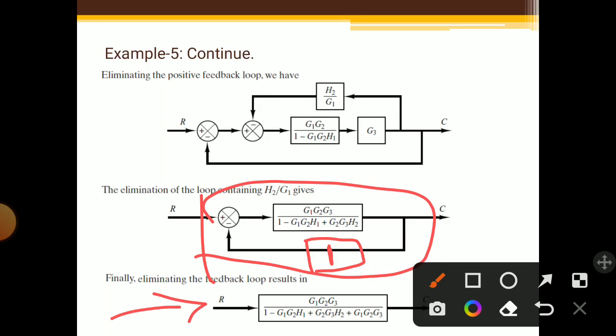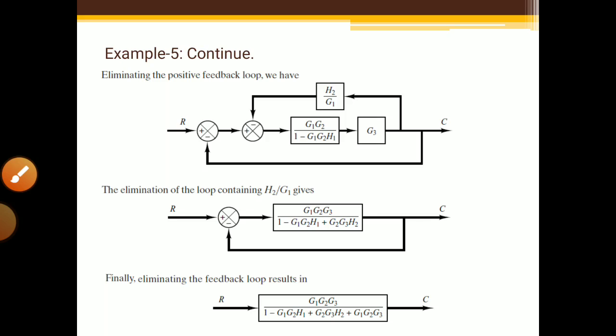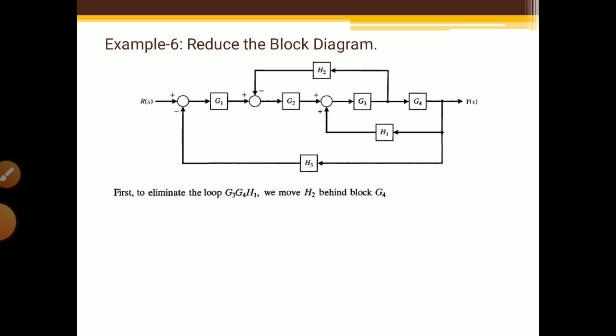Okay. So we have to use here the feedback loop formula, that is G upon 1 plus or minus GH. Correct. So here a negative sign is provided. That's why in the formula we can take the positive sign. We have to simplify everything and then we will get the final answer. Okay. So like this we can solve the problem. Again one more question is provided here.